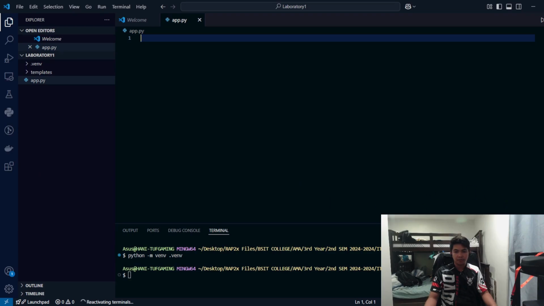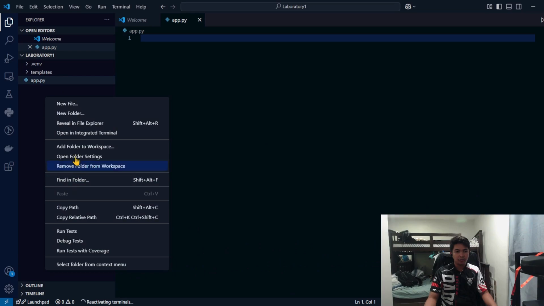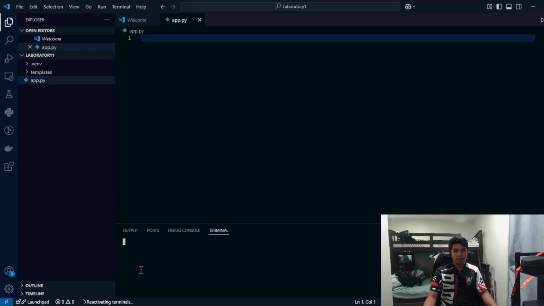Okay, since we already have the virtual environment, let's activate it. Since the virtual environment is already activated, let's check all the libraries installed.